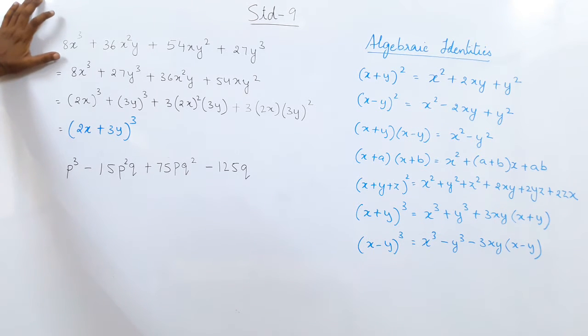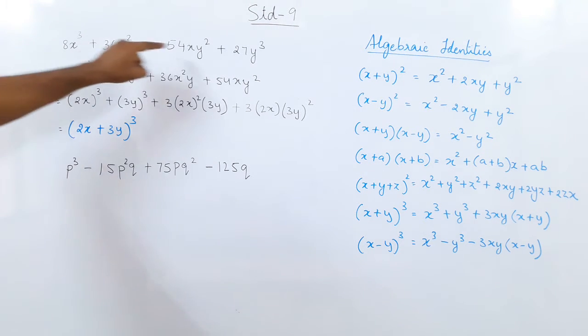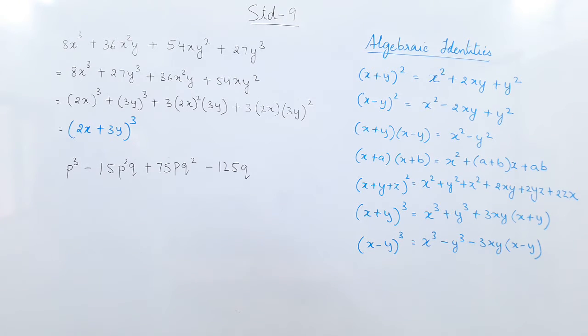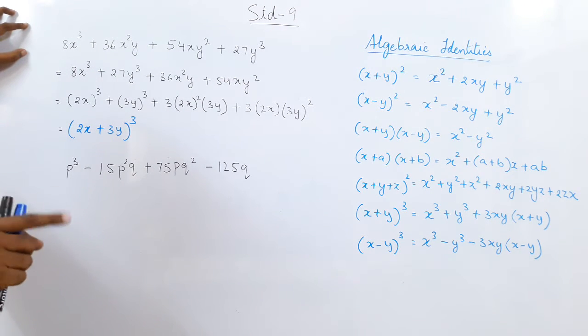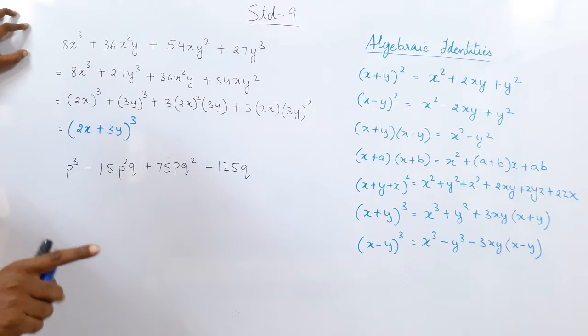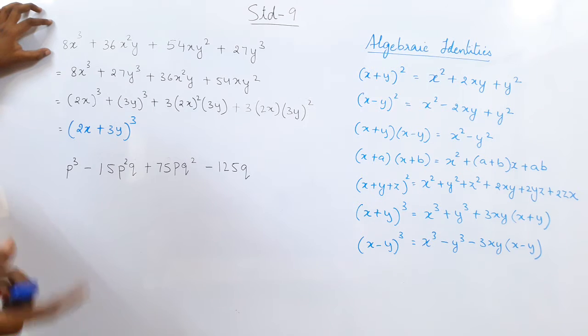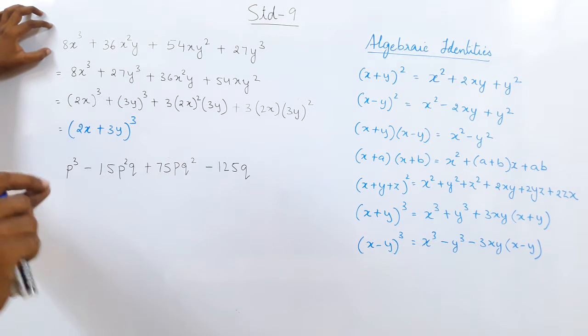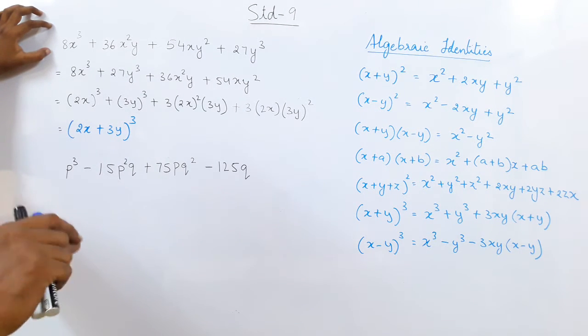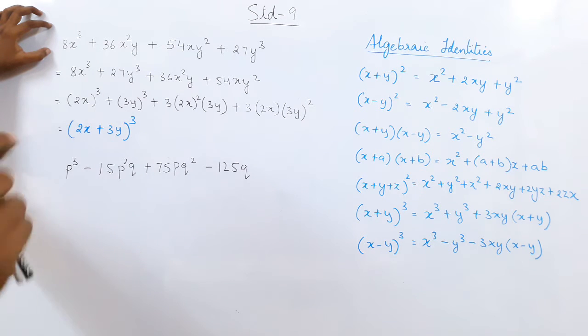Now if you remember the cubic polynomial, we had done this right before. But in that there was only a single variable, if you remember. There were not two variables, there was only a single variable. So what had we done at that time? Remainder theorem. Finding p of 1, p of minus 1, p of 2, p of minus 2, getting the first factor. How? If p of 1 is 0, then x minus 1 is a factor. If p of minus 1 is 0, then x plus 1 is a factor. Do you remember this? So this is how it went.